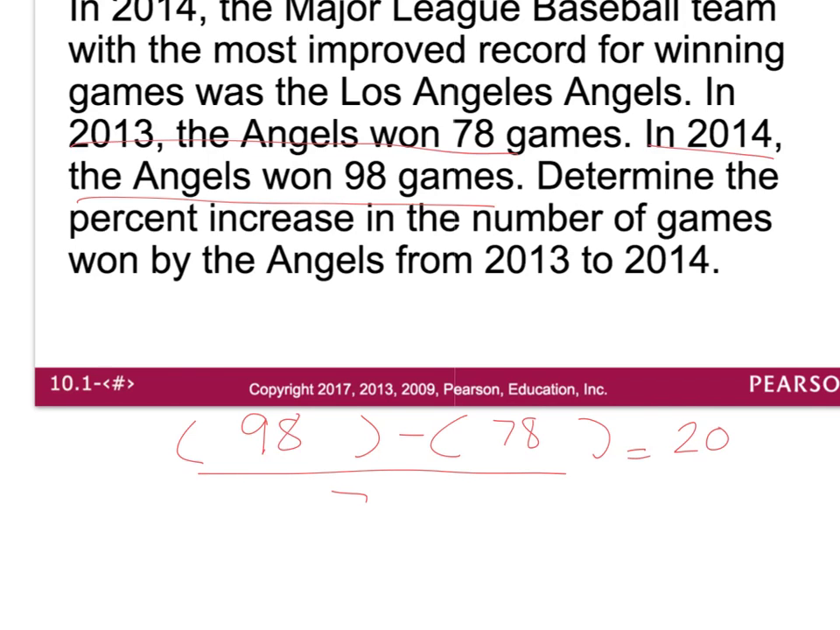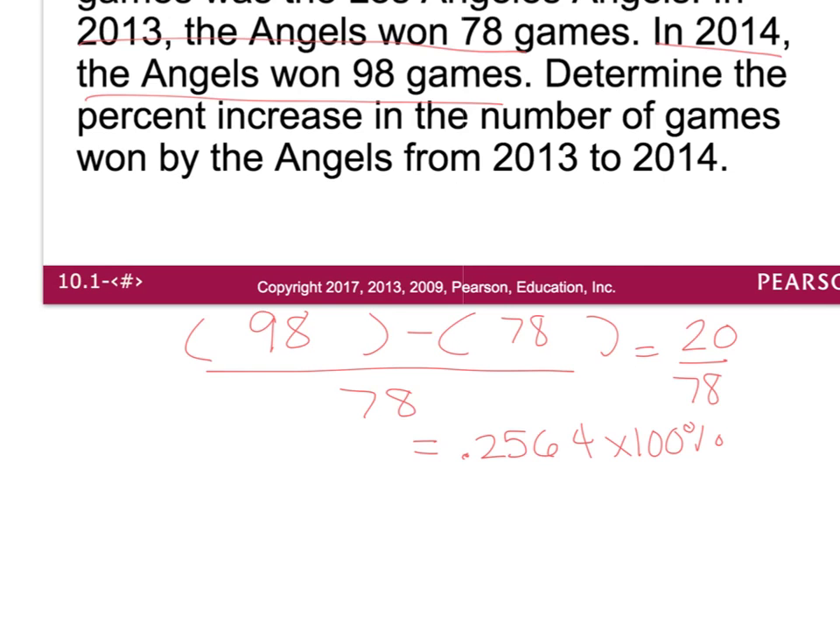Then you need to divide this by the old amount of games won, which is 78. So if I take 20 and divide it by 78, I get the decimal 0.2564. Now that is not a percentage yet, so to turn it into a percentage, you then need to multiply it by 100 and put the percent sign on. So the percent increase is going to be 25.64%. So in 1 year, the Angels increased their amount of wins